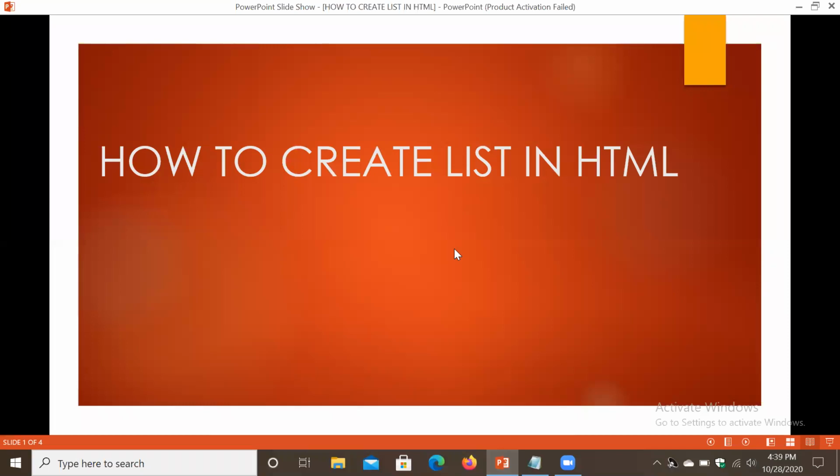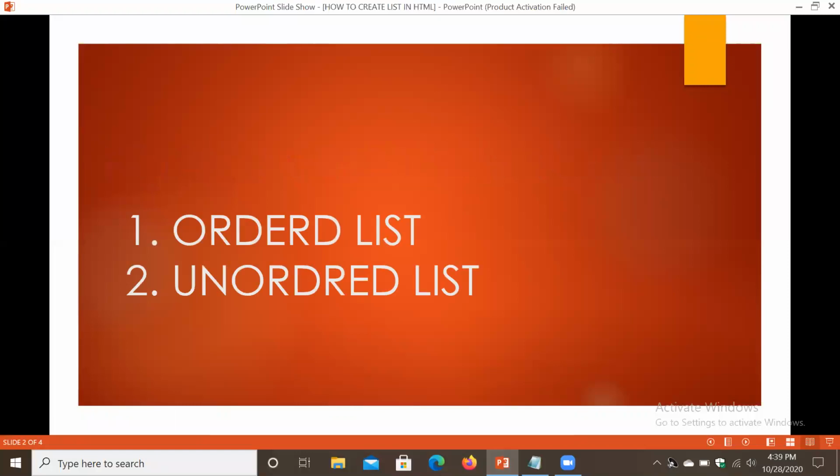Now today we are going to see how to create list in HTML. So there are two types of list in HTML. Number one, ordered list, and number two, unordered list. So what is ordered list? When a list comes with order like 1 2 3 4 5 6, numbers or Roman letters, or ABCD capital, ABCD small, those options are in ordered list.